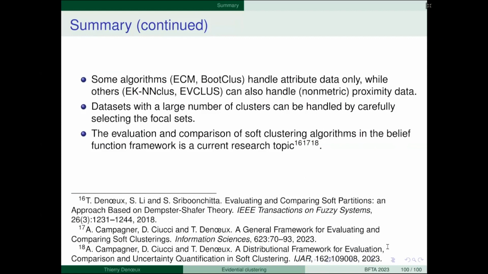Here I cite a few papers on this topic. For example, I mentioned the Rand index, a measure of how close a partition is to a reference partition. How to generate the Rand index if you have an evidential Credal partition? These papers try to answer this question. Okay, that's it. Thank you.